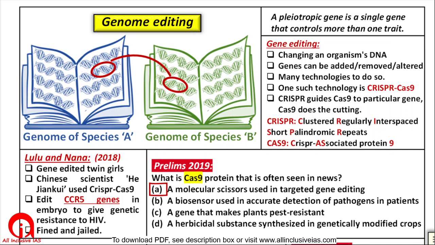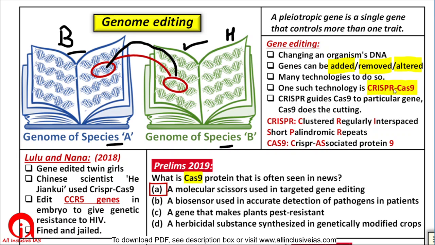Can you transfer genes from one organism to another, from one species to another? Yes, you can. Suppose this is the genome of humans and this is the genome of a particular bacteria. From the genome of the bacteria, you can take a gene and transfer it to humans. This is totally possible. So what is gene editing? It means you are adding some gene, removing some gene, or doing some alteration to a particular gene. There are many technologies to do this genome editing. The name of one such technology is